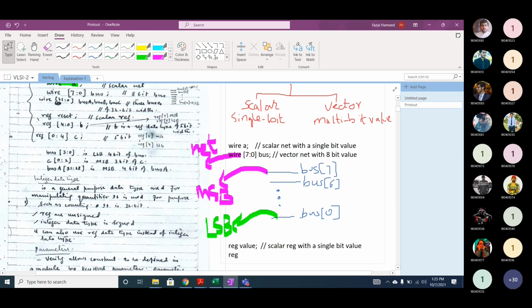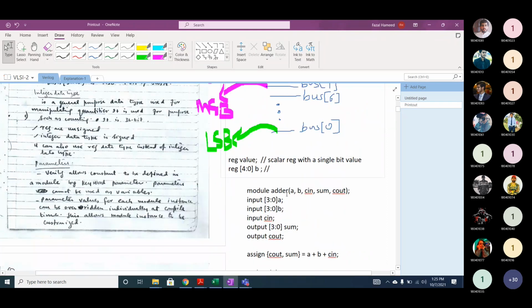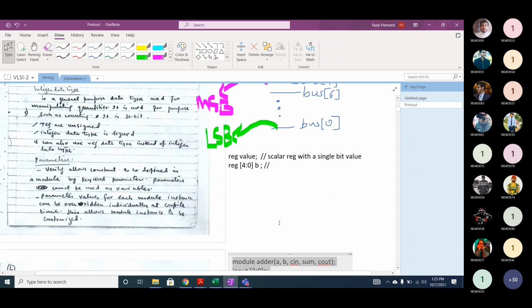And if we define reg [4:0], is it a scalar reg or vector reg? Vector reg, sir. It's a vector of type reg, with a multi-bit value.